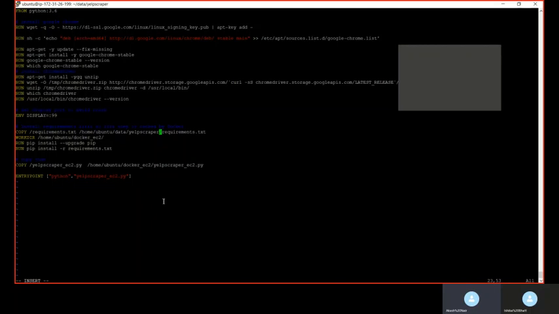Just the line below it, instead of docker underscore EC2, type data slash Yelp scraper. Should I put a slash after this? Yeah, put it. It doesn't really matter. And again, you can see for your Yelp scraper underscore ec2.py, you have to change the location there also.